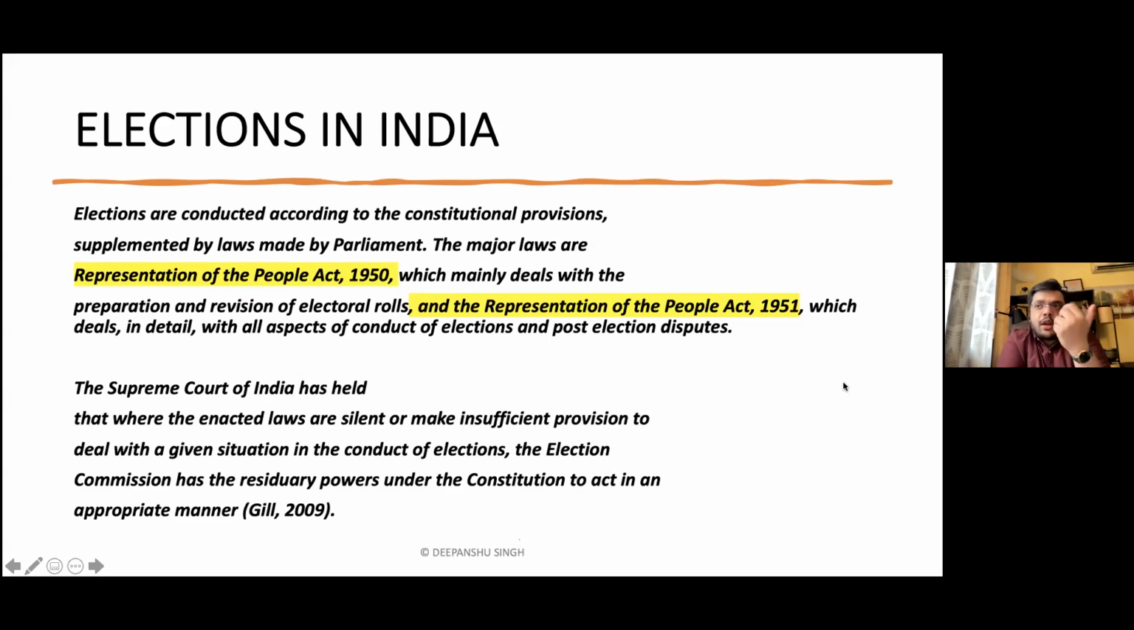And that is why you see a lot of time when there is no specific law mentioned on a certain issue, the ultimate body which has the power to decide on things is the Election Commission of India. So talking about the